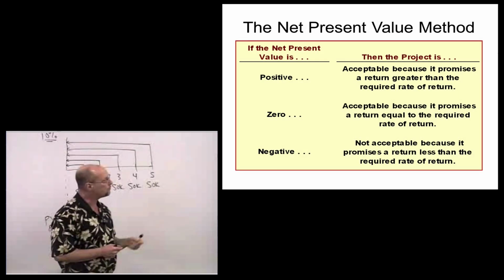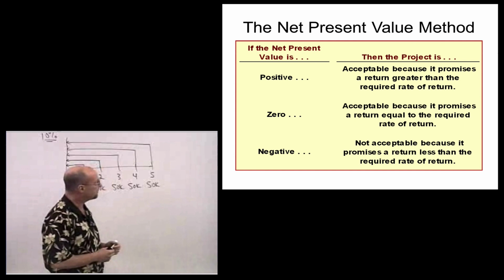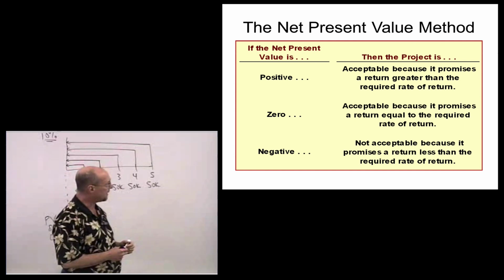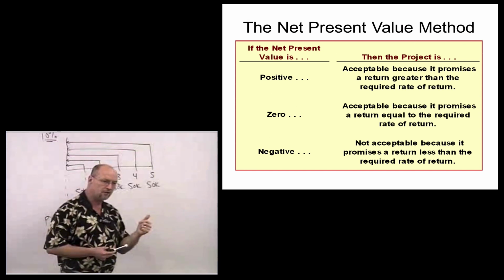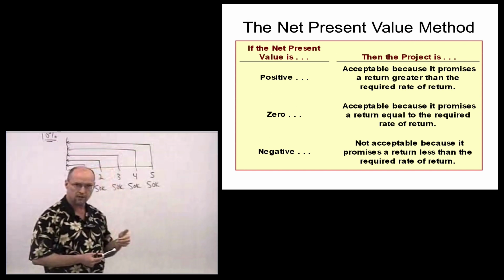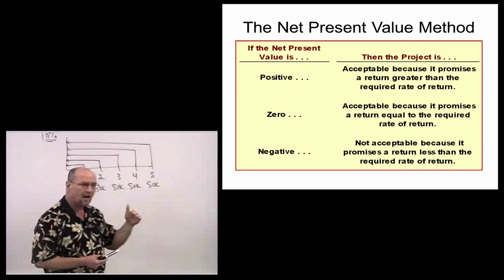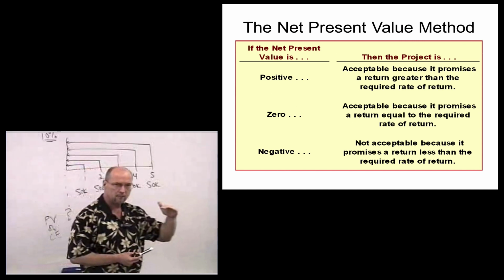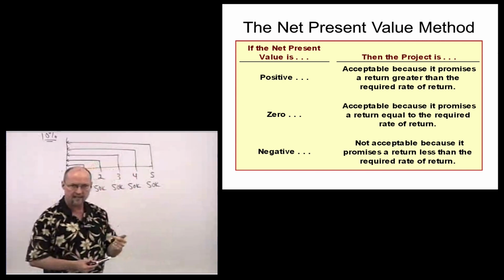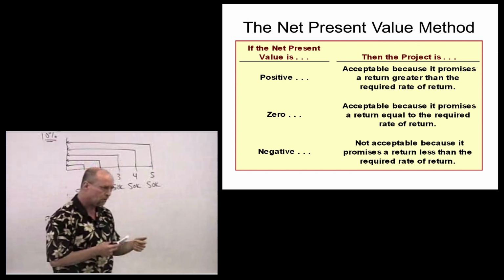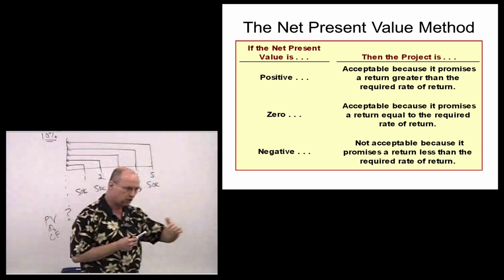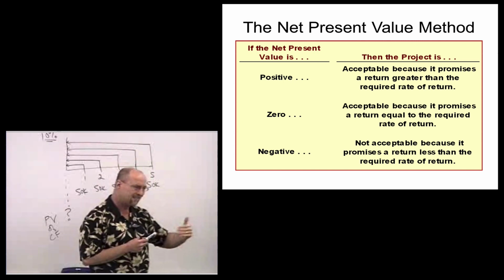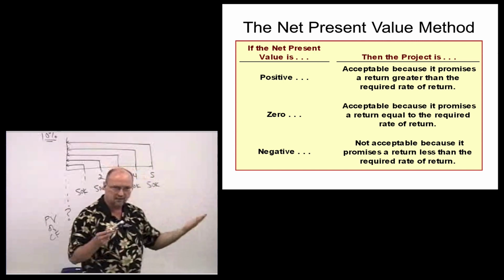Okay, and the general rule of thumb is this. If the net present value is positive, then it's a good investment because that number tells us that the actual rate of return on this investment was higher than our minimum required rate of return. And I would give you that number. Okay? Each company says we need to at least recover this amount. Okay? If our cost of borrowing is 6%, this investment has to beat that, or else